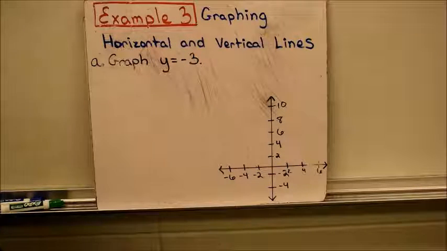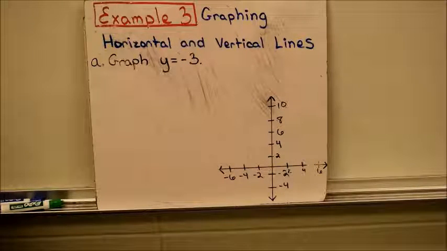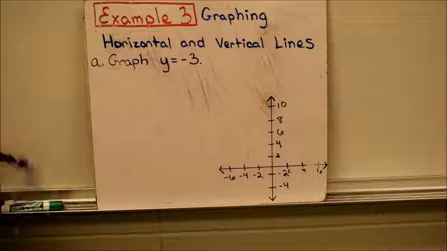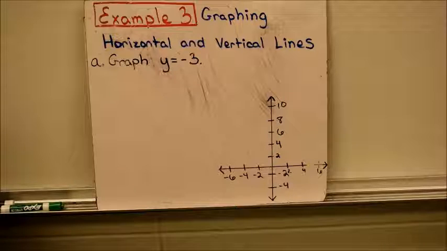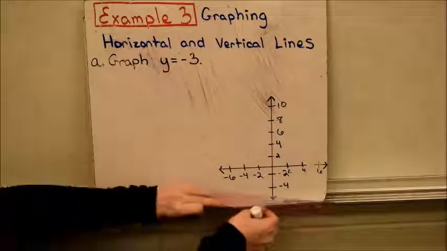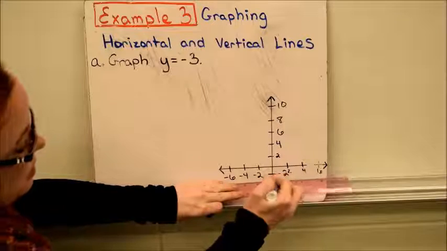And vertical and horizontal get a little interesting. So y equals -3. How would I graph that? Well, we want to graph all of the places on this graph where y would be -3. So in this case, we're going to draw a horizontal line right here